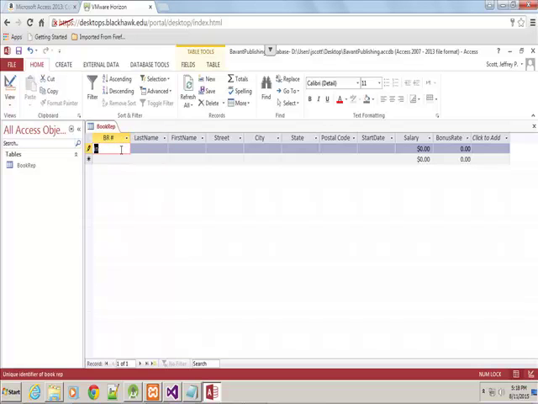First, 53, hit the tab key. Chin, Robert, 265 Maxwell Street. Gossett, PA for Pennsylvania, 19157. The start date is 6/1/2013. Notice as soon as I put the